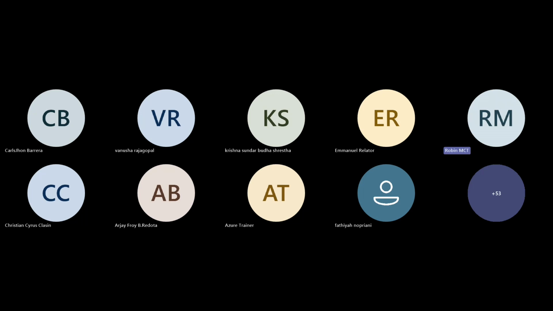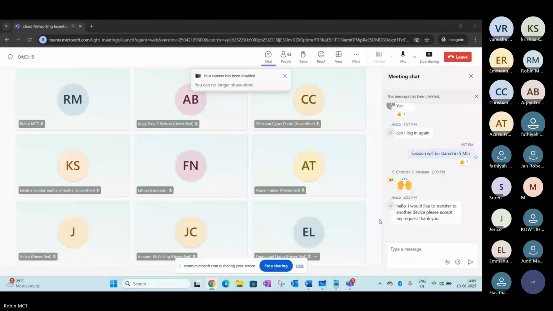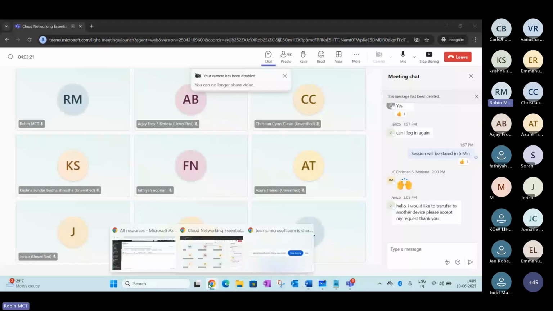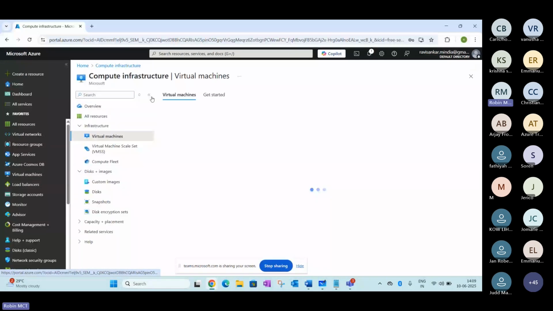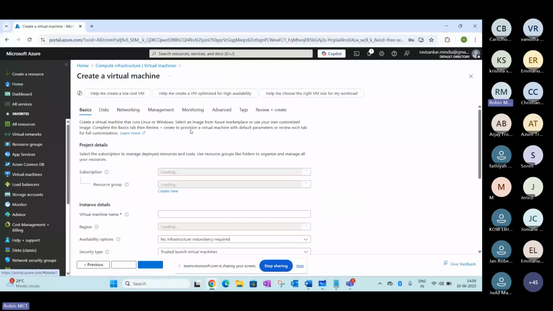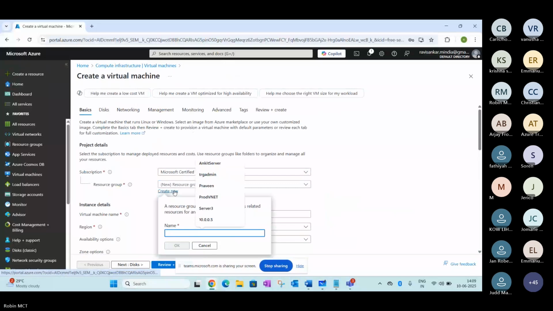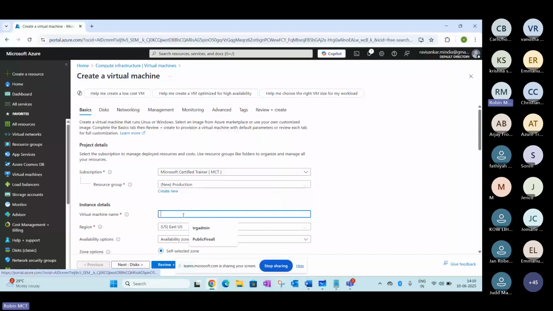So we are trying to create a subnet here. We're just cross-checking some subscriptions here. So let's go back onto the virtual machine here. Try to create a VM here. Going on to the top. Create a production, server 1 here.